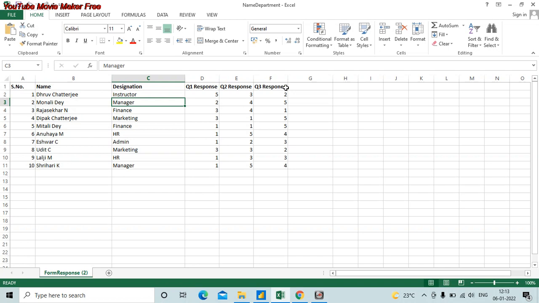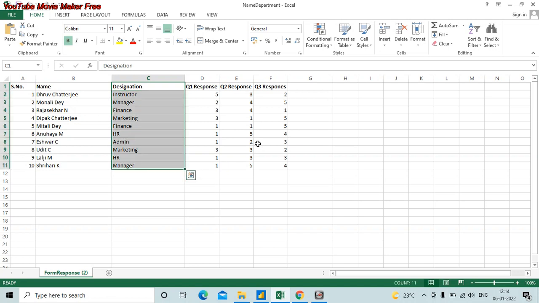Now I'm going to show you one method of doing this in this part of the video, and you can let me know in the comments another way or other ways of doing the same thing, because as is true in Excel, there is always more than one way to do one particular thing. So the approach which I'm going to tell you today would involve some kind of a deduplication and some kind of a lookup. So first of all, we need to find out what are the unique designations available in the organization, because we need only one row per designation.